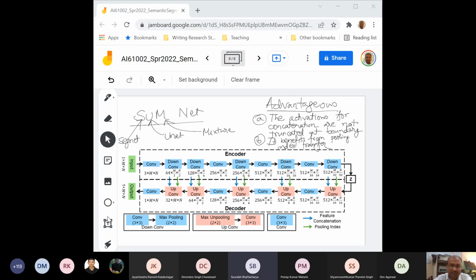Class chat or general, anywhere you can put it down. I will look through it, or any of the TAs will also look through it, and we'll get back. Don't worry. Anywhere any of you in the class has any doubts, put it in the general channel. And I generally encourage all the other classmates also to answer. The TAs keep on monitoring. I also keep on monitoring. So let's have that engagement. We have this online thing, then why aren't we using it?